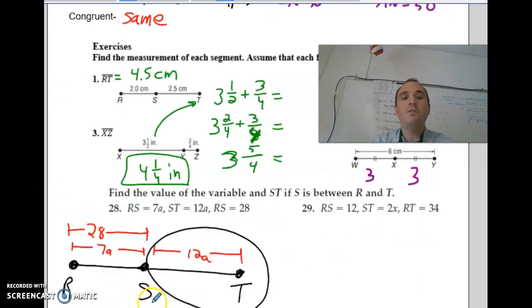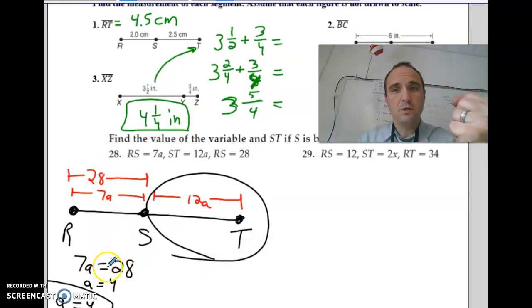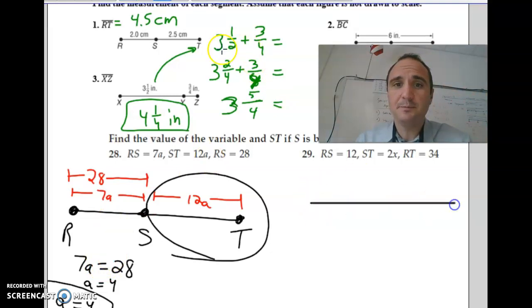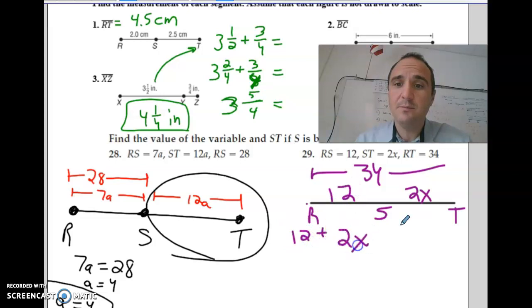Moving on to the next ones, now this is one of the unique ones. You have to actually draw the picture. And when you draw the picture, it pops out at you exactly how to set up the equation. So let's do one over here. Same idea. We're going to do R, S, and T. RT is the whole thing for this one. It's 34. And ST is 3x and RS is 12. So when you go to make your equation, it's going to be 12, which is RS, plus ST equals the whole thing, which is 34. Then you solve this equation in this way. It gives you